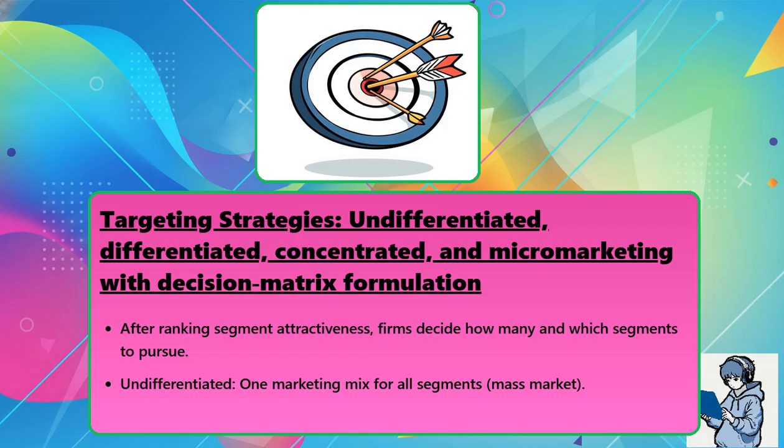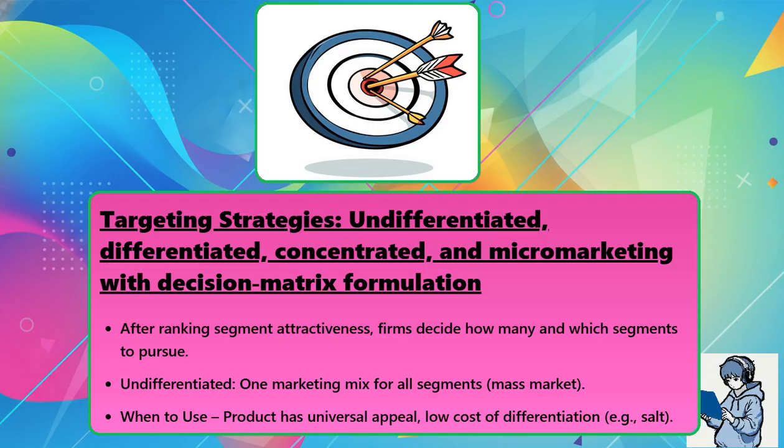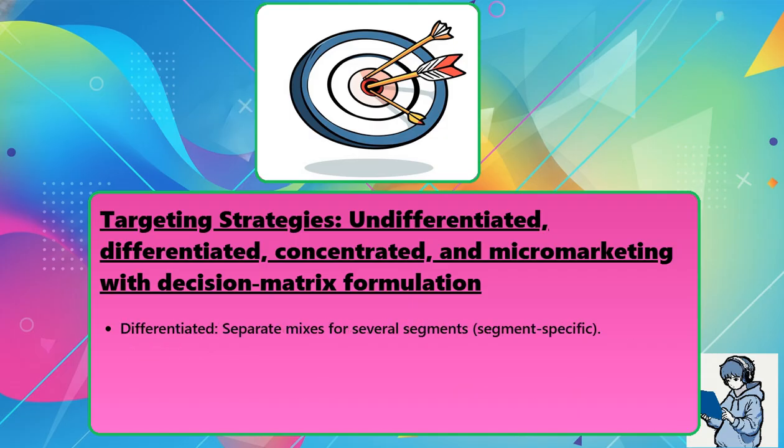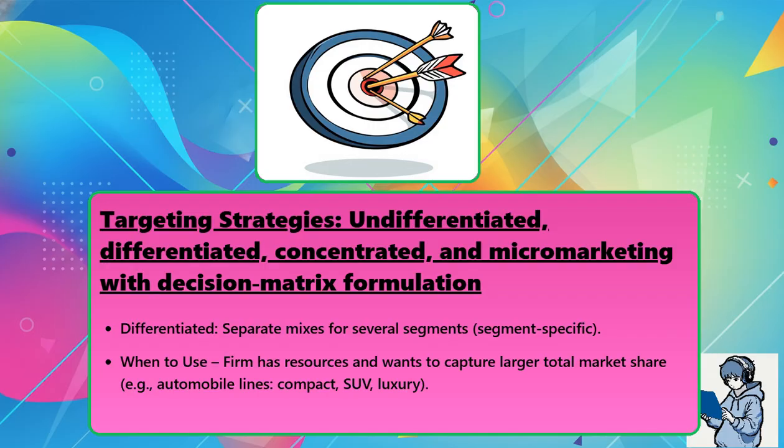Undifferentiated: one marketing mix for all segments, a mass market. When to use: the product has universal appeal and low cost of differentiation, for example salt. Differentiated: separate mixes for several segments, segment-specific. When to use: the firm has resources and wants to capture a larger total market share, for example automobile lines: compact, SUV,